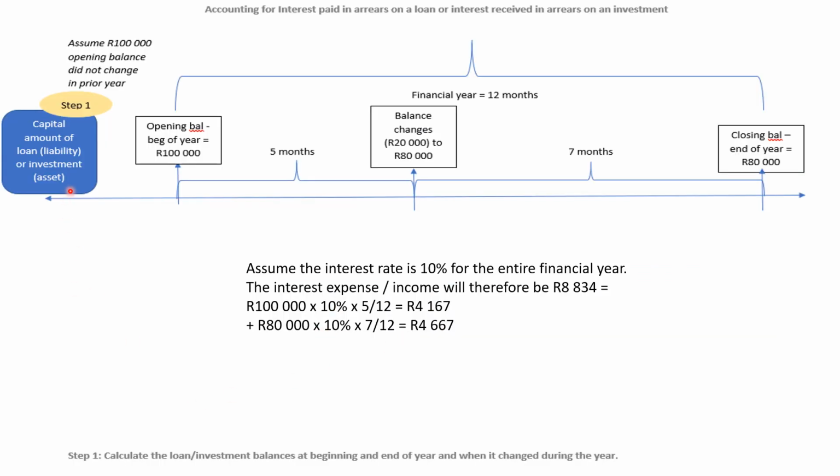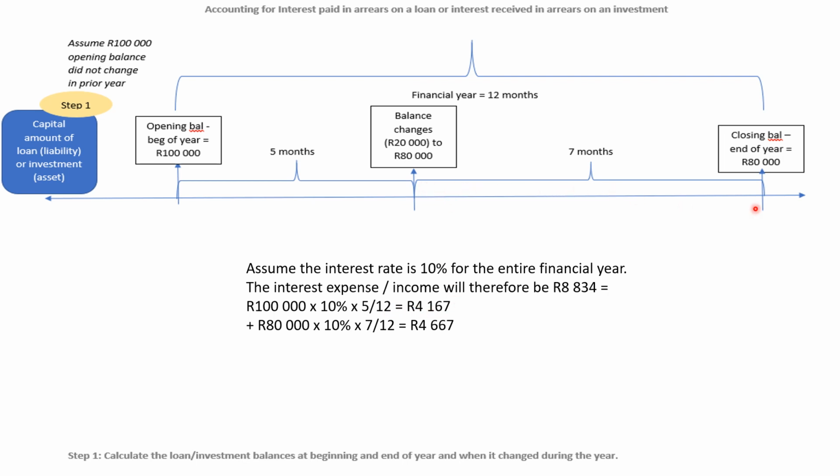So in this first step, what you could do if they asked you to work out the interest expense or the interest income for the 12-month period, based on what we've just worked out now, we could actually calculate that, because we know that for 5 months the balance was 100,000. If we assume interest is 10%, then